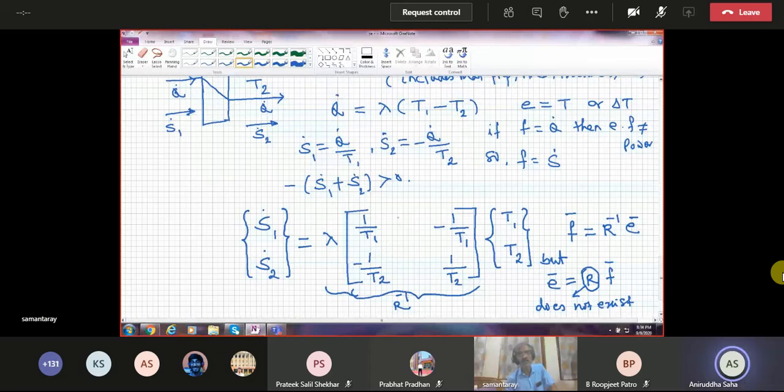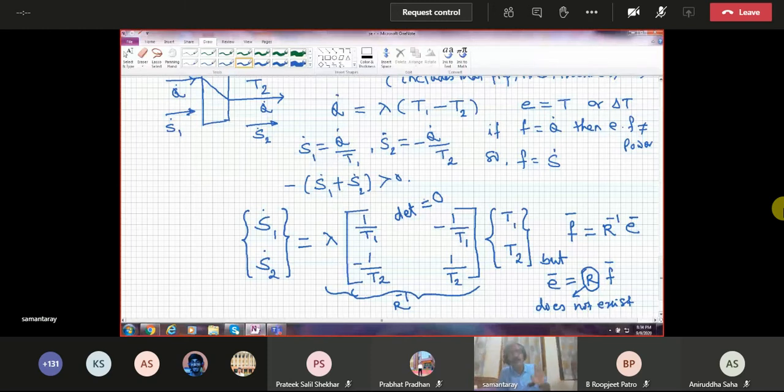Sir, in this matrix representation, won't we take the heat flow? Heat flow we have taken as Q dot divided by T, that is S dot. But R inverse is a function of T, and the subject matrix, which is T1, T2, it can be a function of T. It can be a nonlinear function, it can be any nonlinear function. So nonlinear function, you can have square root, why not? You might write it in a straightforward way also, in terms of equation.